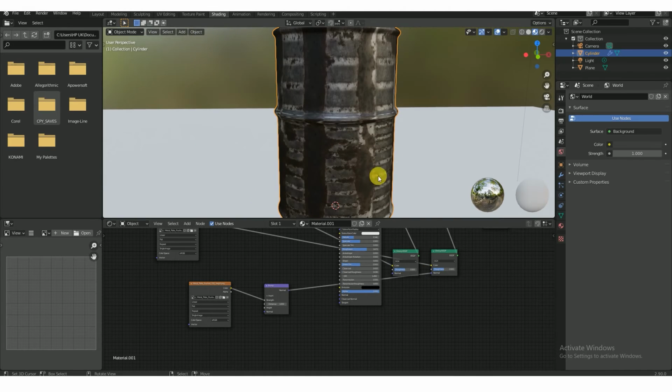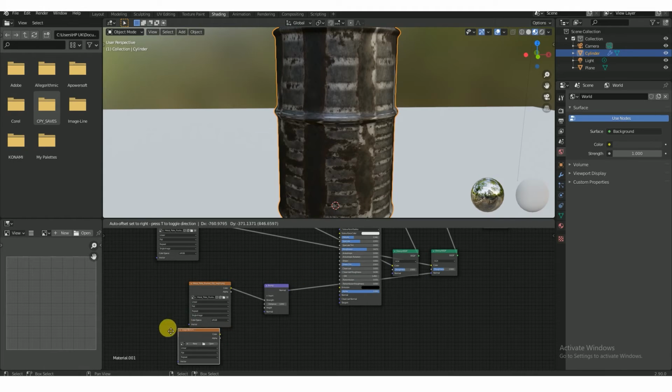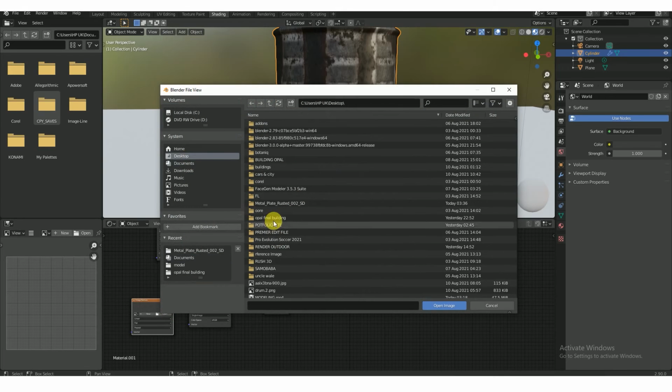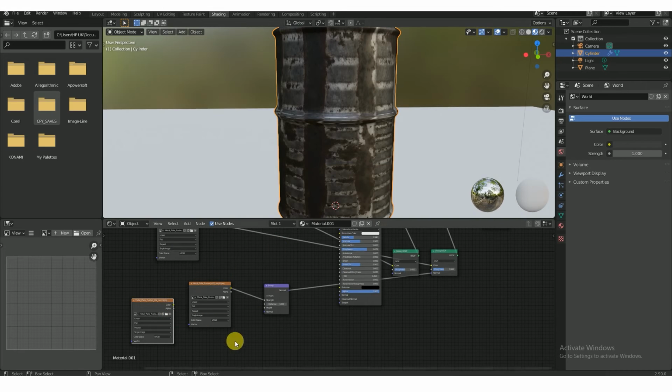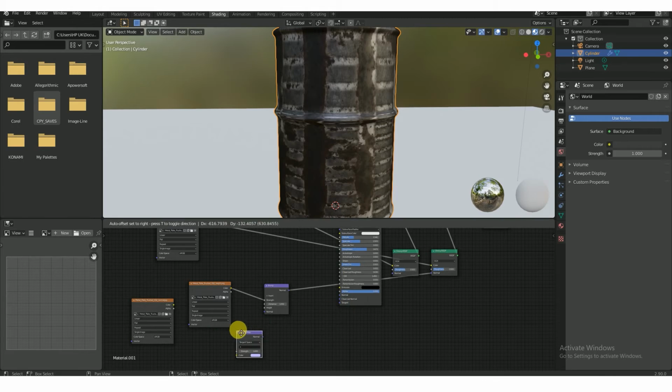Okay, so once we've done that, we're going to do Shift A again, and we're going to bring in another image texture. This time we're bringing in our normals. So image, we're going to do Shift, open it, and we're going here. Connecting textures can be a very intricate thing because you have to use your mind to do that. We're going to bring in the normals. So we're going to create Shift A and do under vector, you do normal map. So you put your normal,